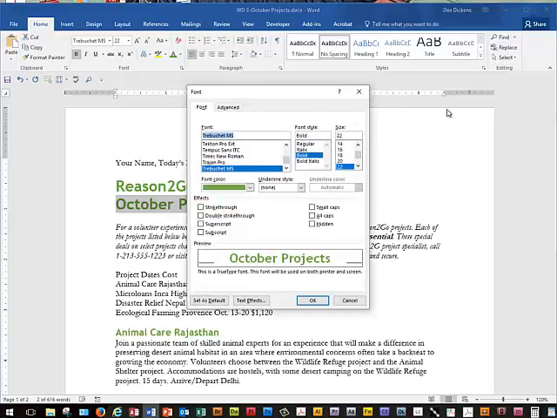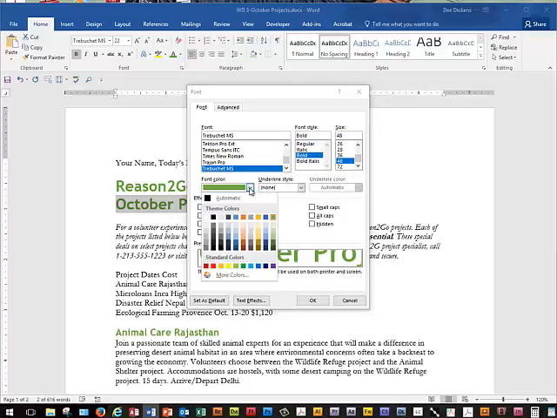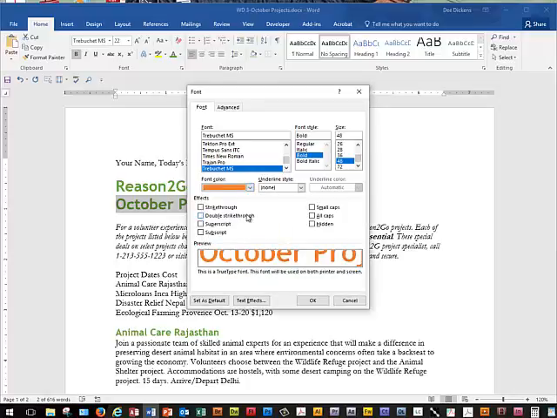Okay, and then we're going to scroll down and we're going to select 48 from the font size. So increasing that size. And for the font color, we're going to select Orange Accent 2 from the theme colors. And then in the Text Effects button, we want to select